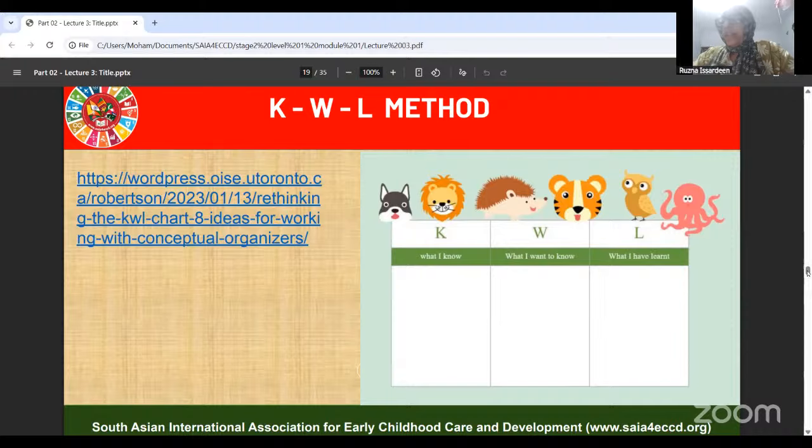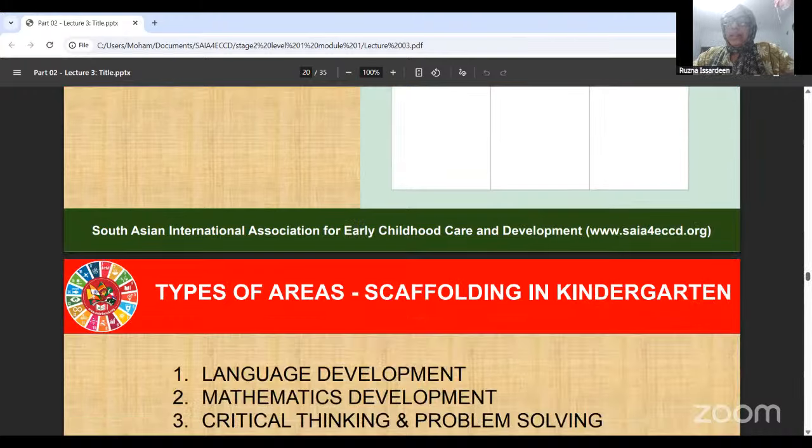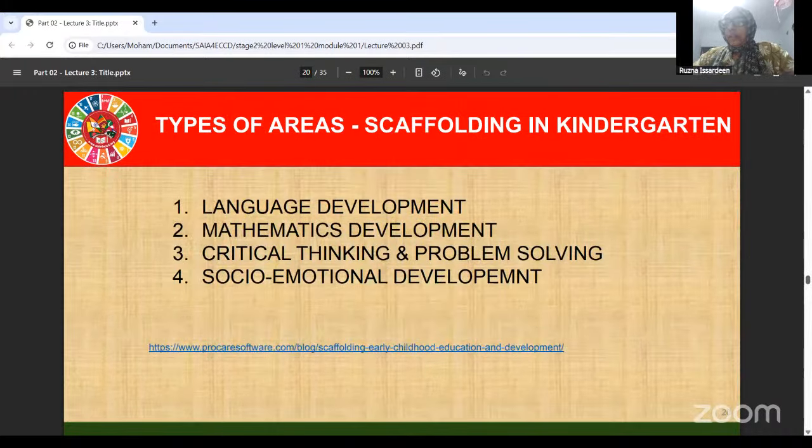The types of areas of scaffolding in kindergarten. We can use methods like language development, mathematical development, critical thinking and problem solving, social and emotional development. We can see the link below, which they have told about, the ProCare link. We can open it and use the software there. So in kindergarten, scaffolding types include sensory, interactive, and graphic methods,